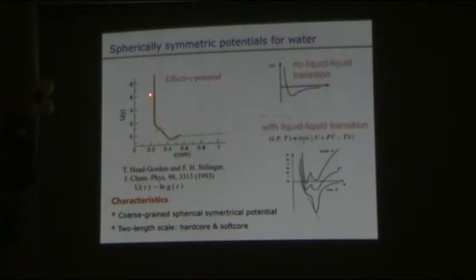So if you look at this, the potential that we're going to use really looks similar to the Lennard-Jones potential. So we know that the Lennard-Jones potential basically does not have a liquid-liquid transition. The reason is that this one only has one minimum, which means you only have one length scale. So in this case, you only stabilize one liquid phase. But for this potential, because we have two length scales, for instance, if we look at